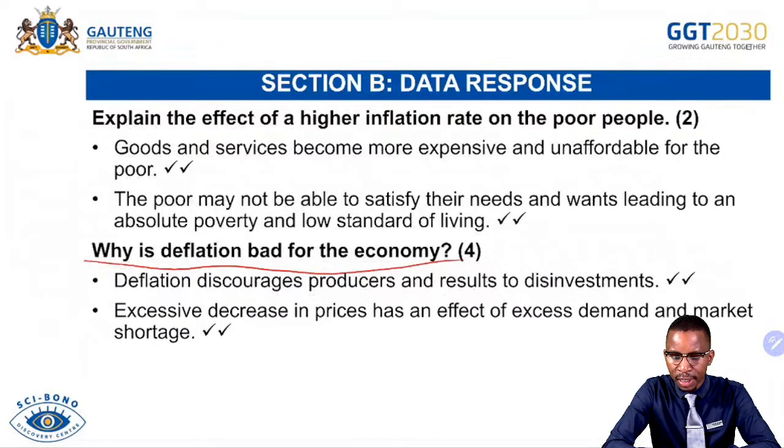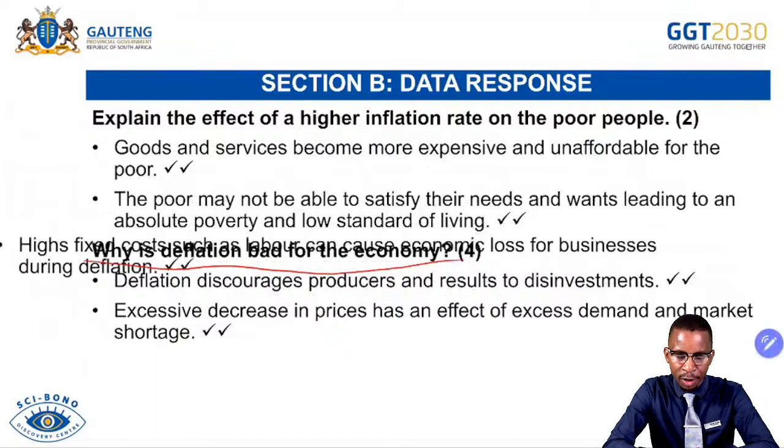Excessive decrease in prices has an effect of excessive demand and market shortages. So if ever there's deflation, consumers will be demanding even more goods and services. So there will be more demand than the supply, and in that case, there will be a shortage of goods in the market. Producers will be discouraged to produce, there will be less goods available while consumers are demanding even more goods and